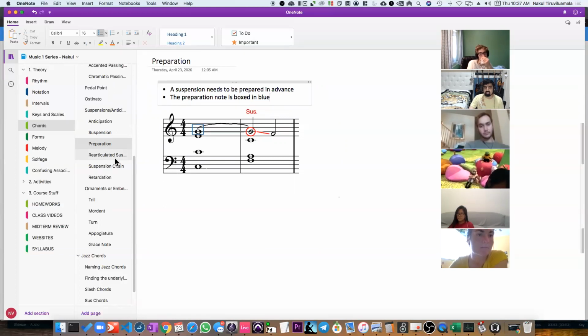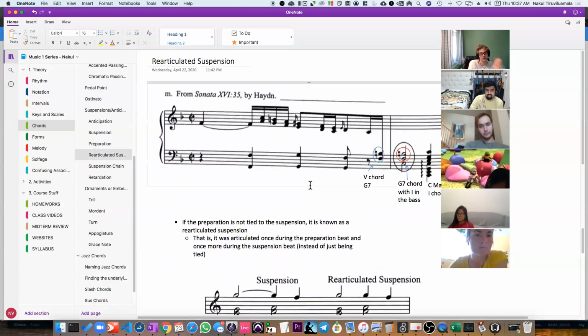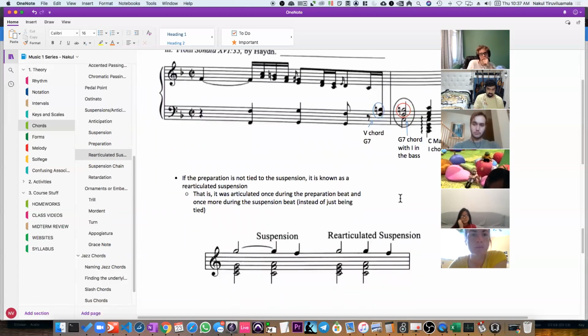Then there's this idea of re-articulated suspension. And that basically is the idea that you have a suspension and you have a preparation and suspension, but the preparation isn't tied into the suspension. You're basically re-articulating it. So for instance, if you have this,